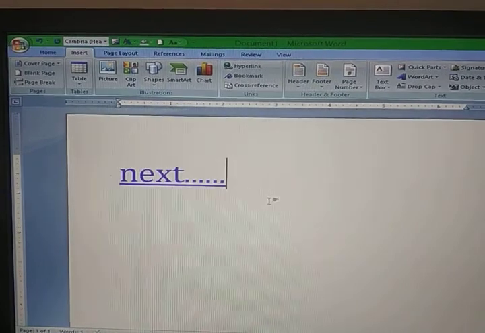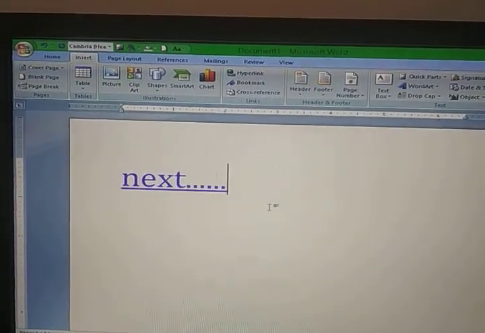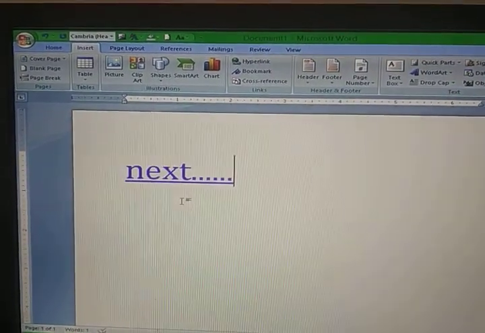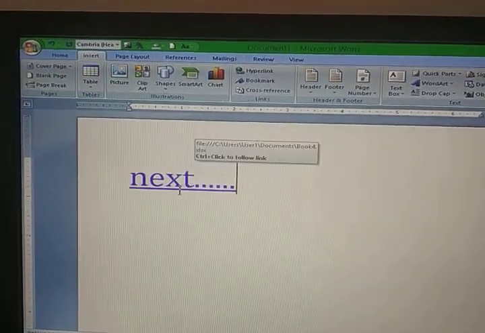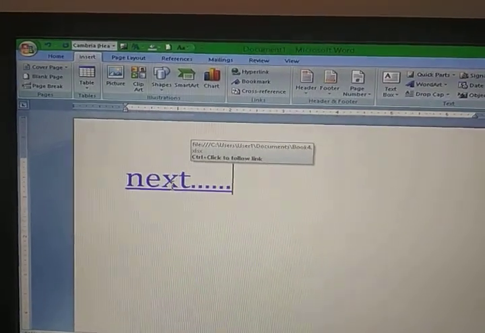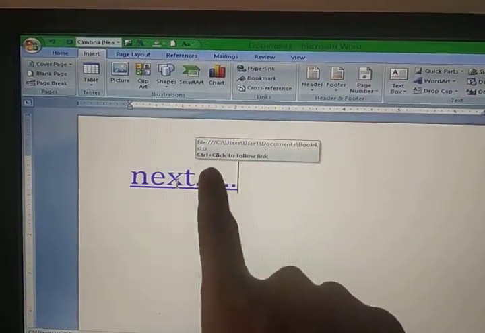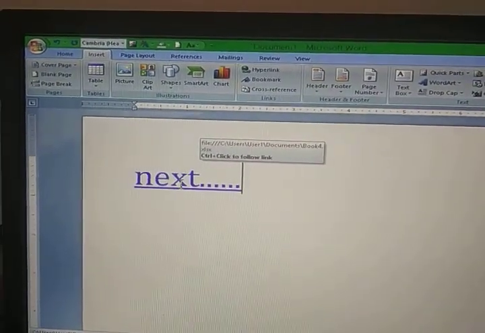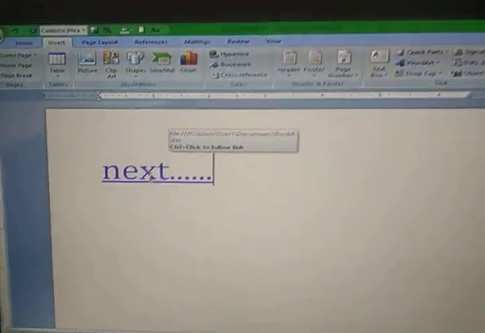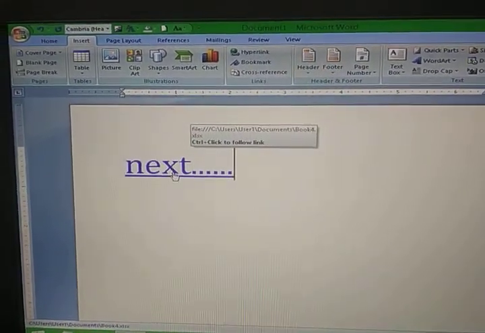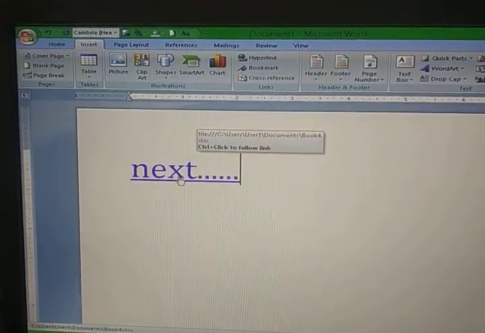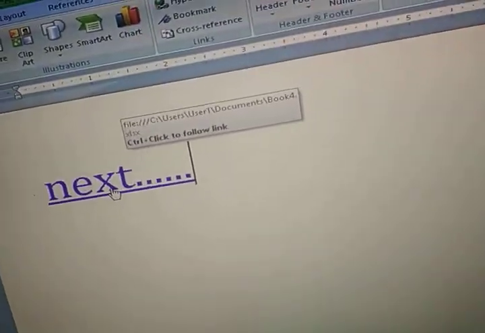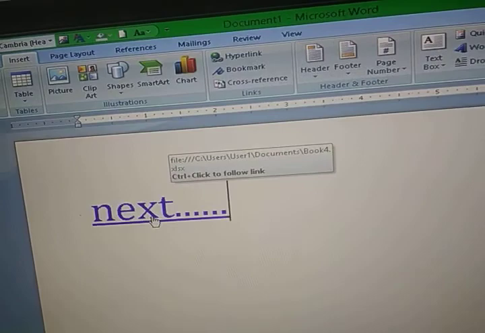When you do this, the selected text is converted into blue in color with underline, right? And when you move the cursor over the text, you will find an option that is Control plus click to follow link. So first you need to press the Control button. When you press the Control button, the cursor converts into a palm, right? And just after that, you need to click on this text.